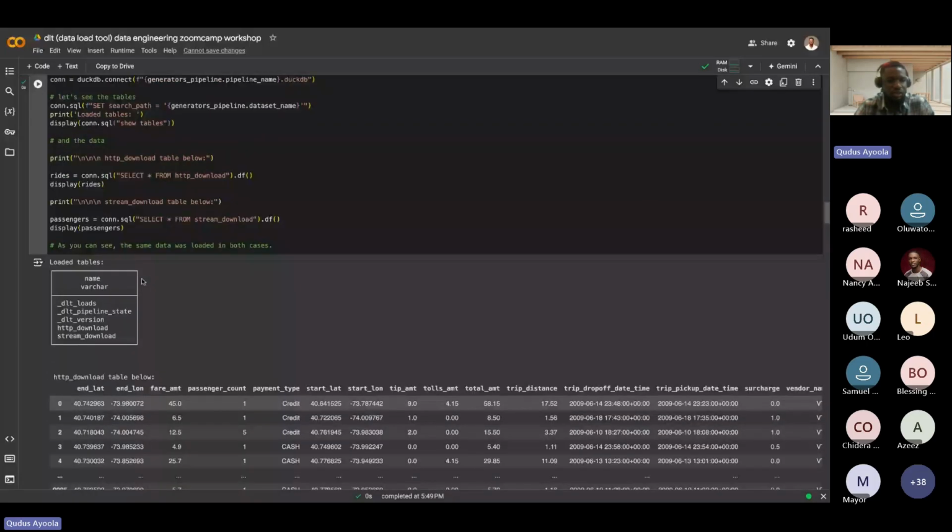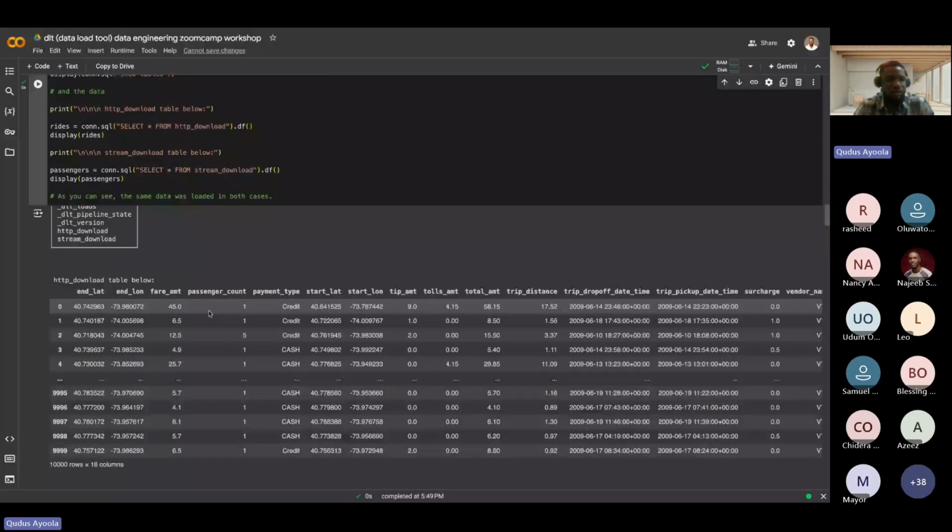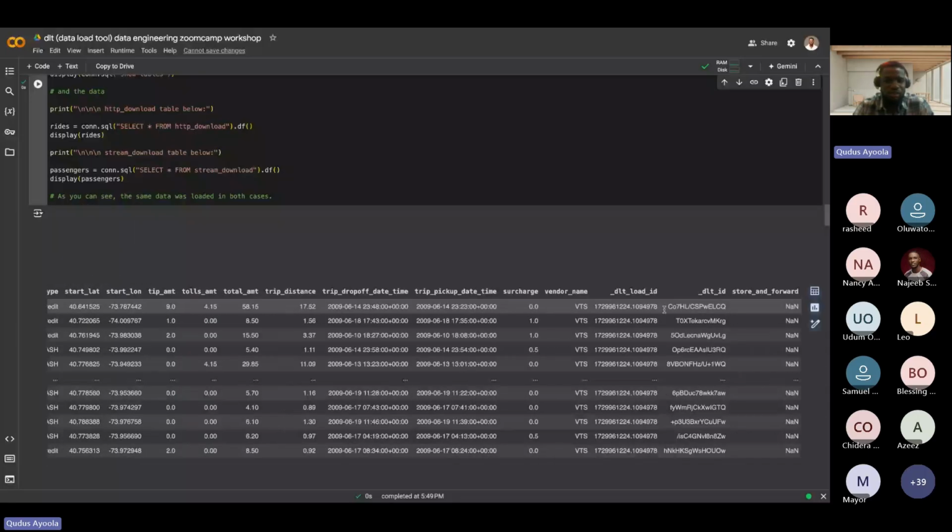And this is taxi trip data. It's showing the latitude and longitude where the trip ended, the fare amount paid, the number of passengers carried, the payment type, the start location, trip amount, and all of that. So this is bringing in my record.